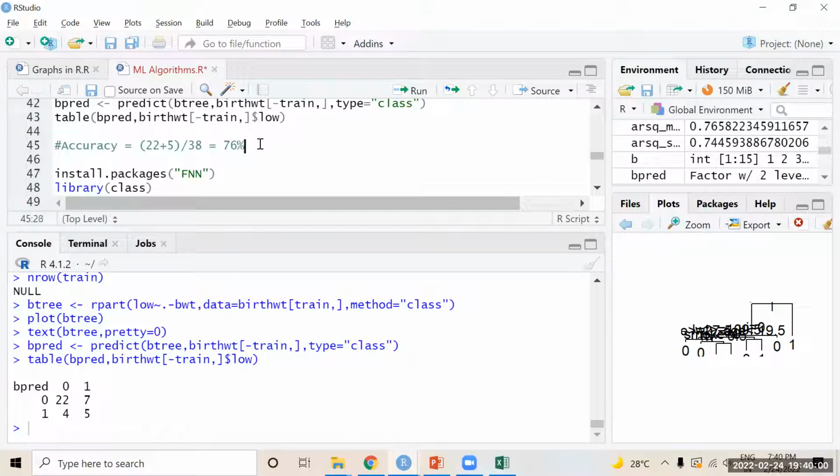76 accuracy. Then the misclassification or error rate equals the anti-diagonal values, 7 plus 4, 11 by 38. So what is 11 by 38? 28.9.